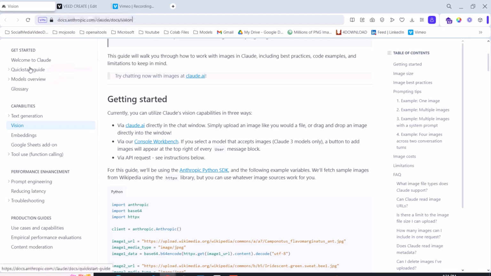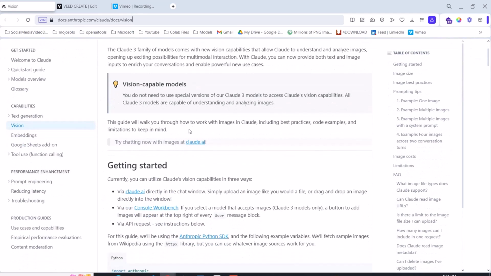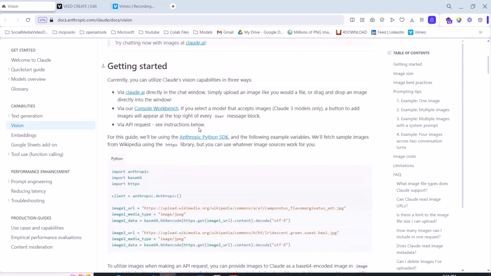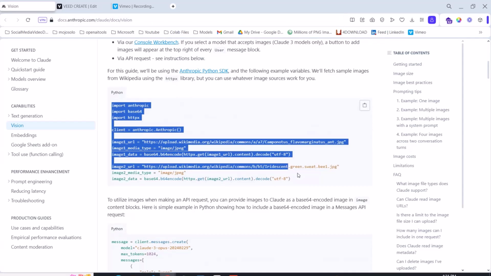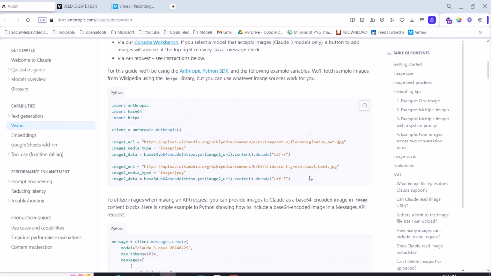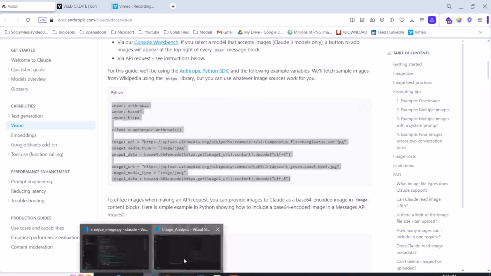In the vision section, we can see the whole vision documentation for image analysis. This is the code they provide. Only this code will run statically, right? You can use this code, for example, if I copy this code and paste it here,